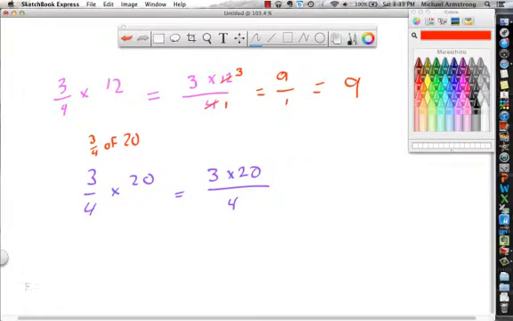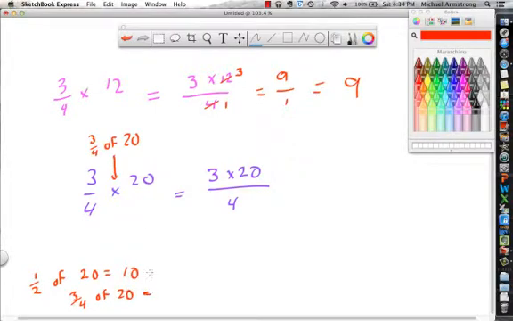If we said, what's half of 20? Of really means times. So this goes together. Half of 20 is 10. 3/4 of 20 would be more than 10, but still less than 20. And you're right, if you had to guess a 3/4 of 20,